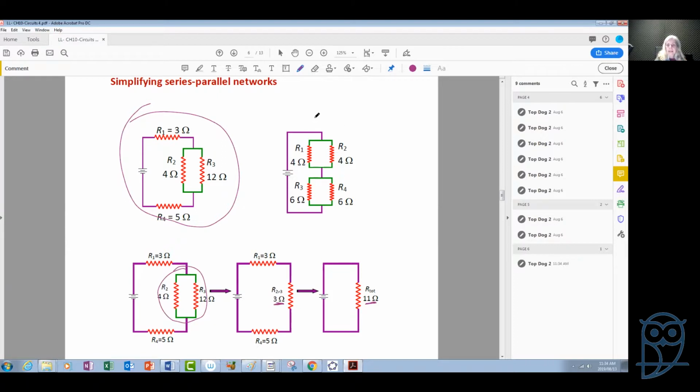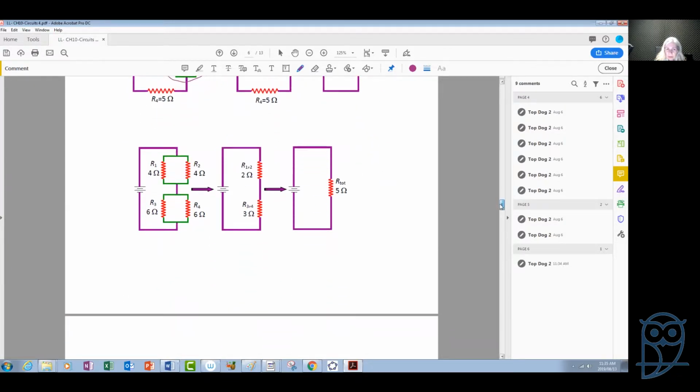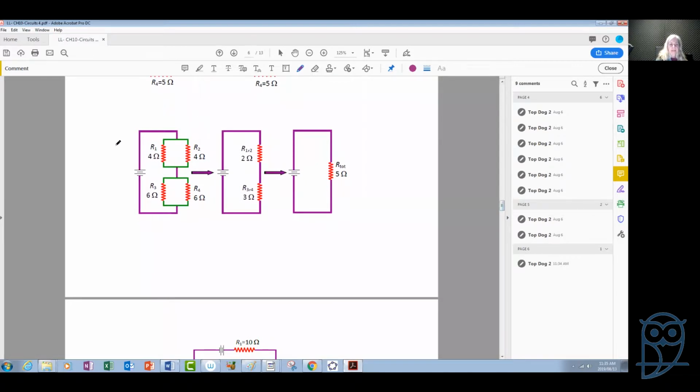So let's see, for example, this circuit on the right-hand side, how we go about it. Here is the circuit again, the initial configuration, and we see we have this parallel connection here and this parallel connection there, two of them. So first we find the equivalent of this